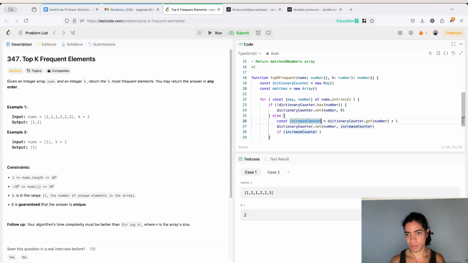You can say increase counter, or increment counter, which is much more meaningful, you know. Increment counter at that position, okay,